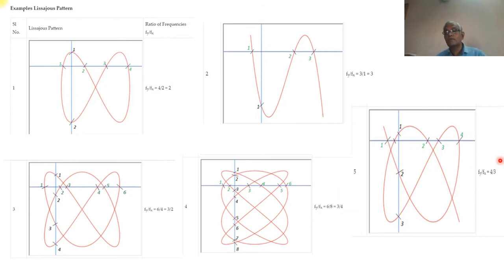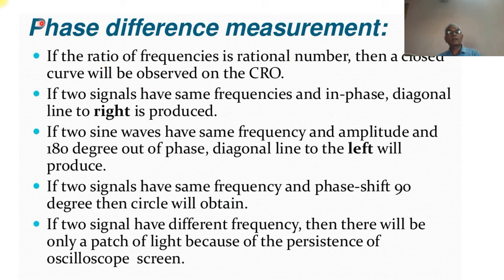So 3 by 4 and likewise 4 by 3. These are the different ratios that we can calculate. Now, Lissajous figures can also calculate the phase difference. Phase is the direction and position, in what direction the wave is moving and from what position. When we measure the initial position, and if a certain angle is already present in the initial position, that can also be calculated.